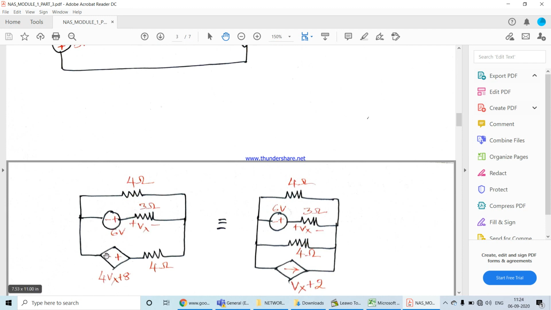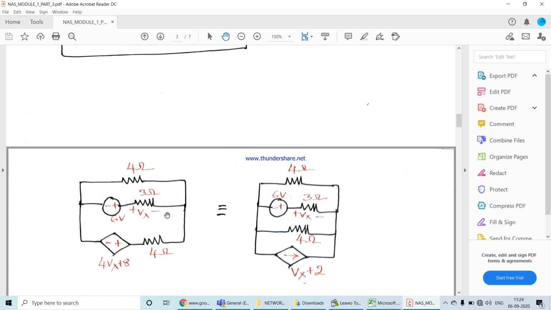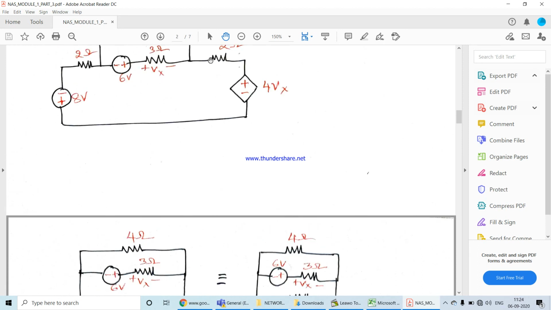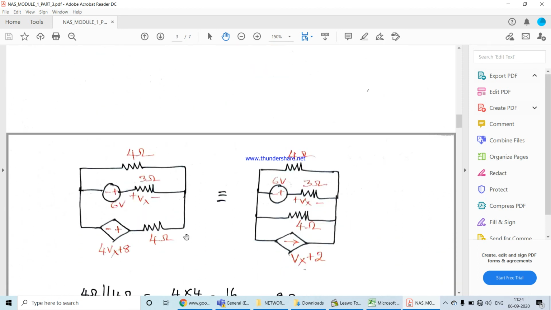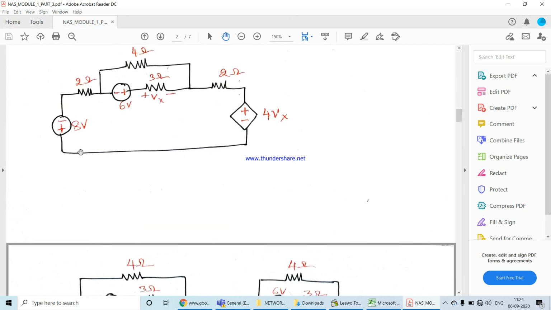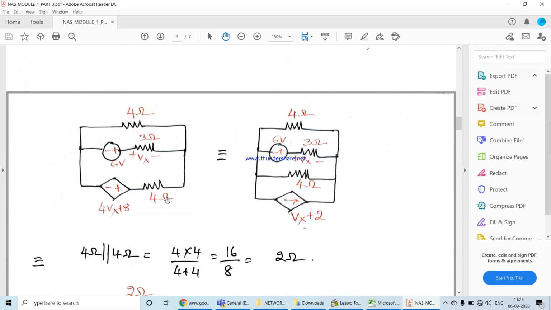Okay. So here the minus plus is being assumed to be the polarity of this particular voltage source only. 4Vx plus 8. So they both get added up. So I'll say 4Vx plus 8. And these 2 ohms are in series, so they get added up and I get 4 ohms. Now this entire branch, what you can see, is parallel to this other branch. Therefore, 4Vx plus 8 in series with 4 ohms is in parallel with 6 volts in series with 3 ohms, and that in turn is parallel with 4 ohms.